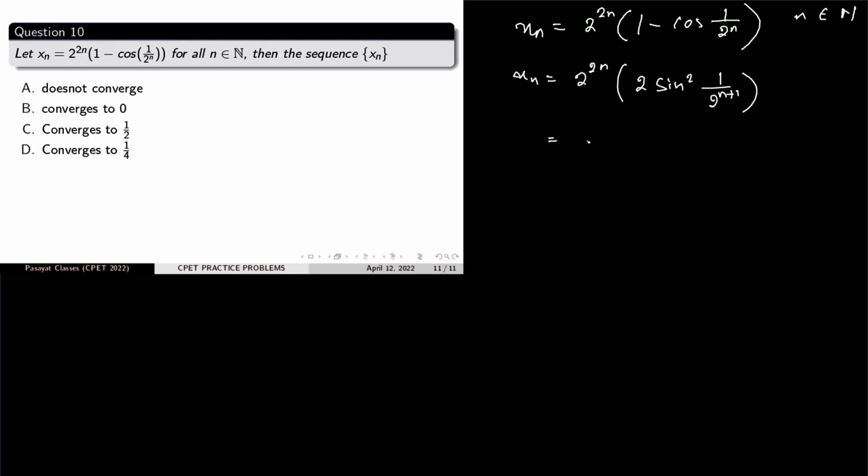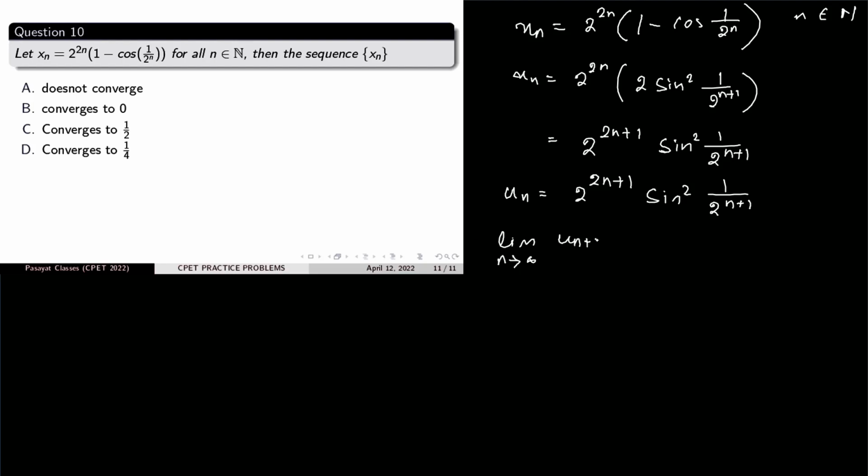Further rewriting this, this one is 2 to the power 2n plus 1 and sin square 1 by 2 to the power n plus 1, and let us take this as un is equal to 2 to the power 2n plus 1 and sin square 1 by 2 to the power n plus 1, and we have to find what is the limiting value. That means we have to find whether this converges or does not converge. So limit n tends to infinity, un plus 1 and un, we have to find this quantity. So this is equal to